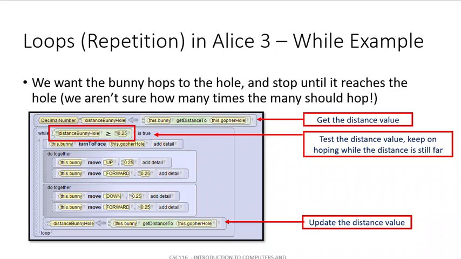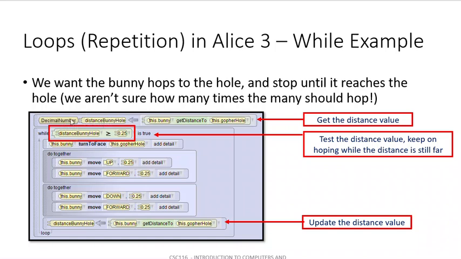Okay. So the variable that we are going to use is distance bunny hole. Okay, we create satu variable, nama dia distance bunny hole. Okay, apa nilai yang dia akan pegang ialah, okay, so we assign get distance to bunny, get distance to gopher hole. Okay, maksudnya jarak antara bunny dengan lubang tu, kita akan assign dia kepada variable distance bunny hole. Okay, then we will drag the while block here. Okay, make sure you initialize